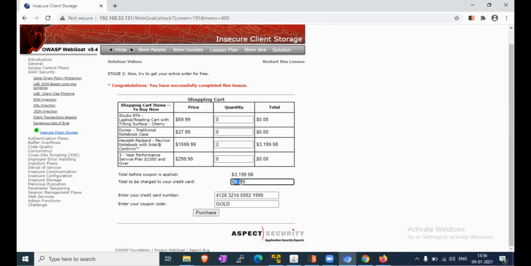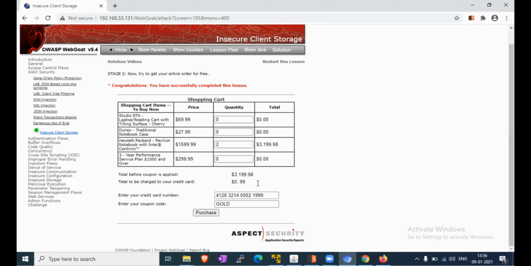Previously it was showing around $1500, but we have changed it in the grand total, modified that request, and we are able to purchase for $0. Due to the lack of server side checking for both the coupon code as well as the grand total amount prior to charging the credit card, we are able to circumvent the price and set our own price instead.